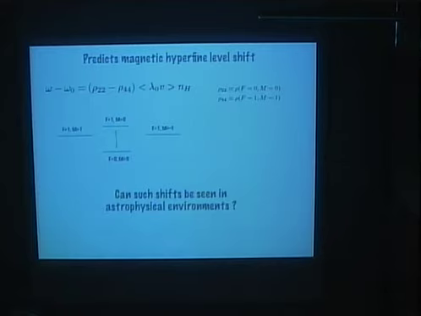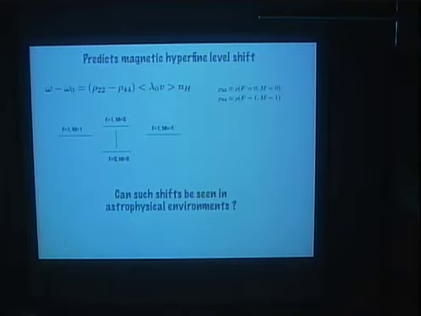Though frequency shifts are important at low temperatures and higher density, we were led to speculate on the relevance of such shifts in astrophysical applications. So my question is, could we see these shifts all the time in hydrogen masers, also in Bose-Einstein condensates, but could you see them in astrophysical environments? This might be interesting because these shifts split these lines in a different manner. So there could be a splitting of this 21 centimeter radiation if this effect was important.